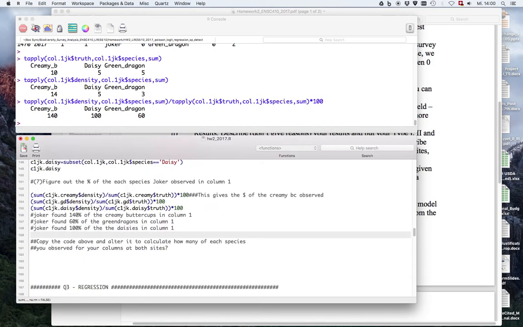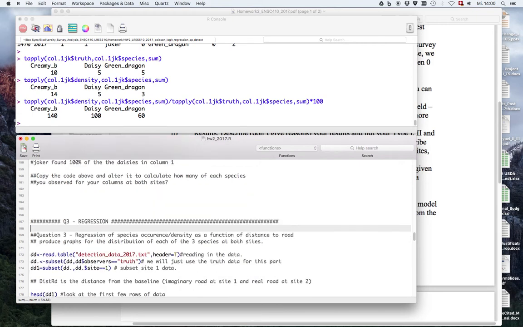So all that's pretty straightforward. Remember, calculate for site 1 all the observed columns you did, do the same for site 2, and then for each of the individual species. That accompanies homework 1. So now let's move on to questions 3 and 4, and those are going to be